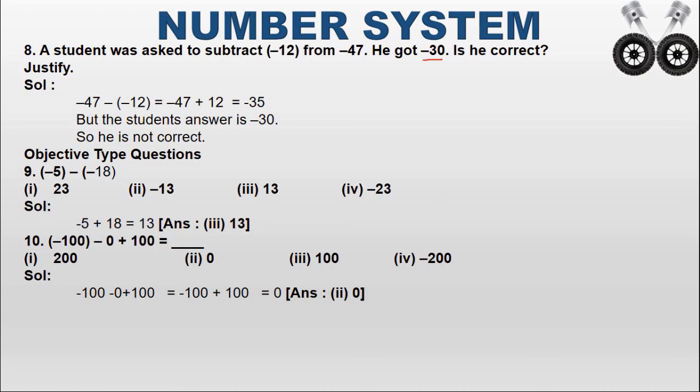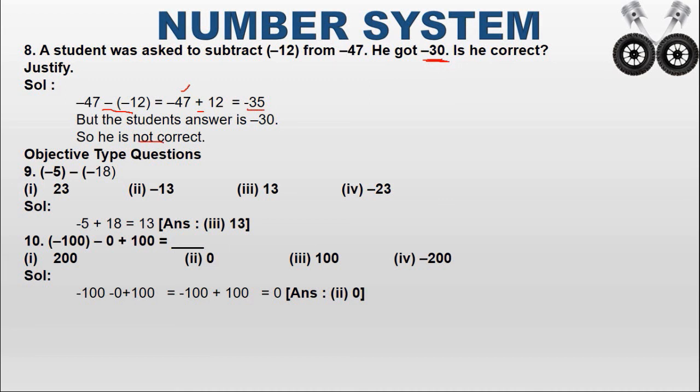Okay. So minus 47 minus of minus 12. Here the two operators are near together, so you have to change the sign. Minus into minus, both are the same sign, that means you have to put the positive sign. So minus 47 plus 12 equal to... these two integers have different signs, that means you have to subtract. So 47 minus 12 is 35. What is the biggest number here? 47, and its sign is negative. So you have to write it as minus 35. So what is the answer given? It is given as minus 30. So the answer is wrong. What he found is not correct.